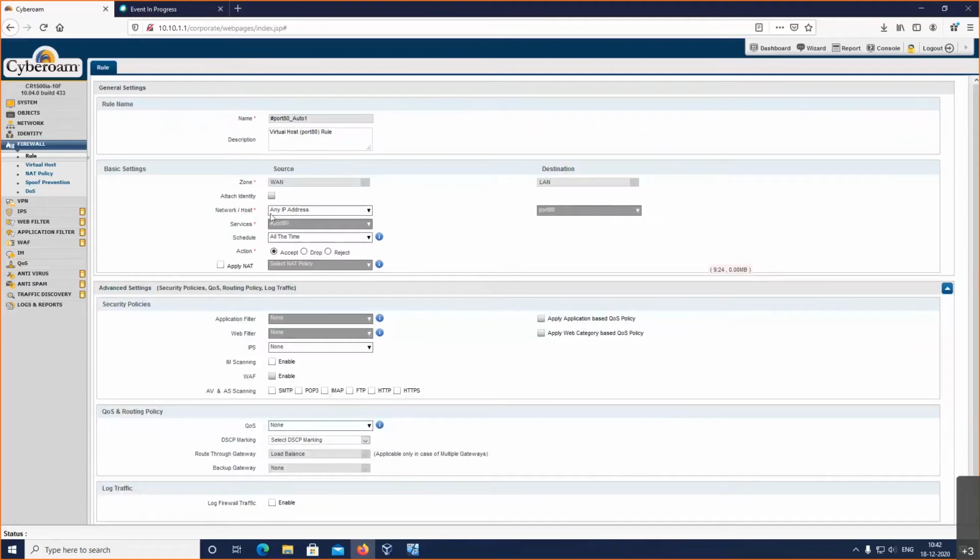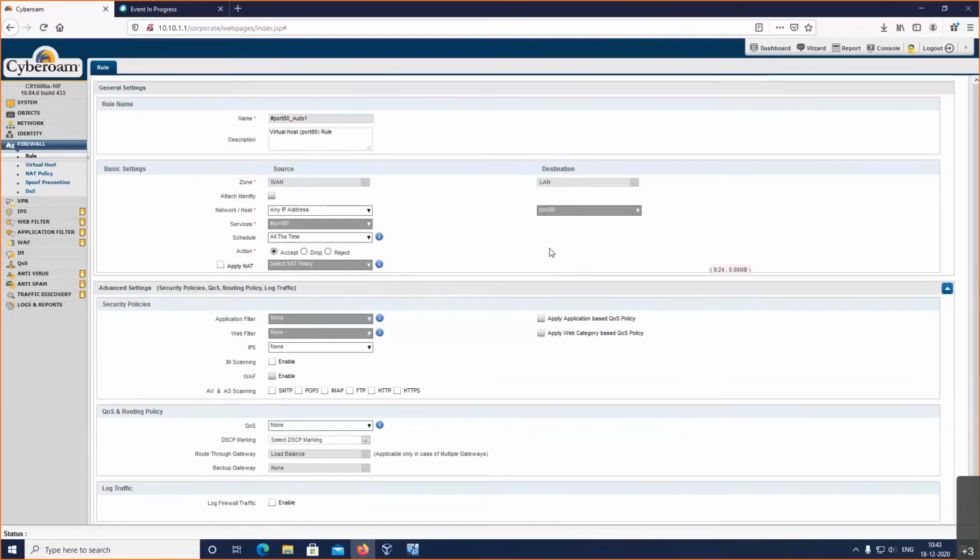Now let's say this is one particular rule from WAN to LAN. Okay, from WAN or from public, let's say there is a branch office connected that needs to connect to my LAN. Now I can define here what is the IP that I want to allow. Let's say out of the internet communication that is coming onto the WAN, I can define a specific IP only through which the communication can be allowed or denied. And also even on the LAN, I can define what is the IP that needs to be connected, right?